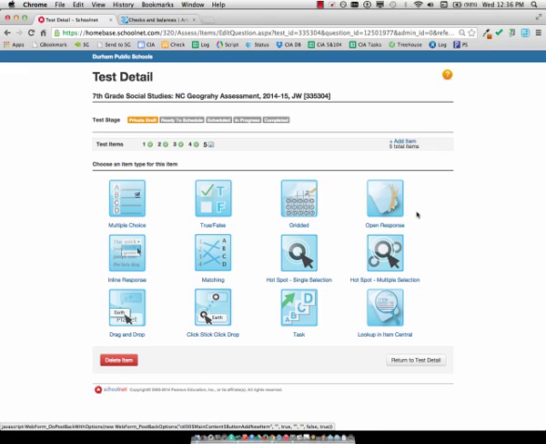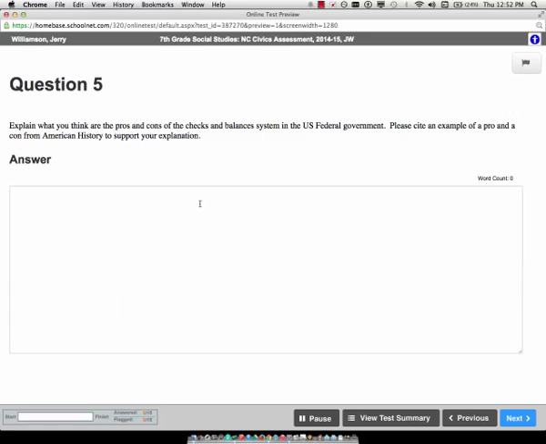The open response item type in Schoolnet allows students to upload or type in a narrative answer to your question. Here's a preview of the open response item type when taken online. You can see that I have my question and a text box that students would use to type in their answer. As I begin typing,